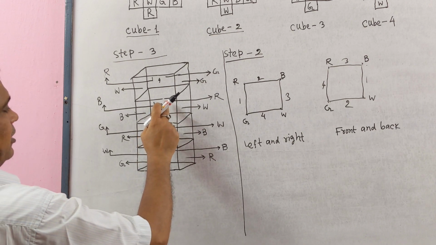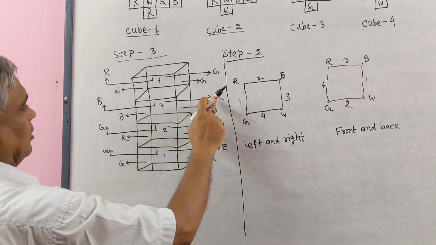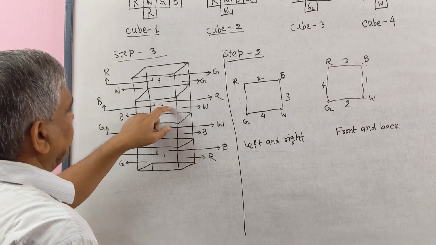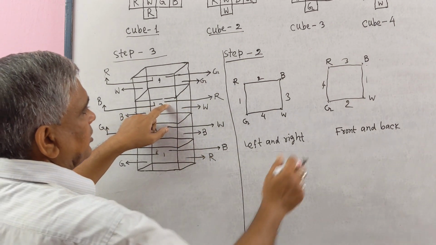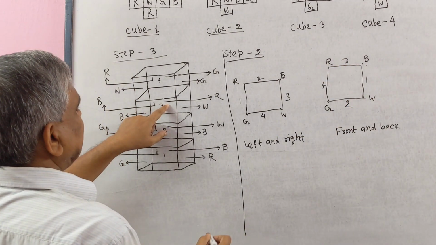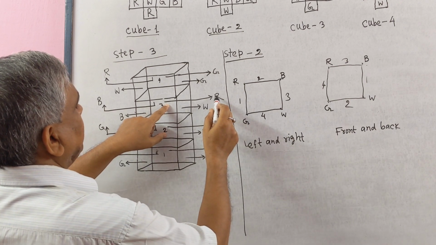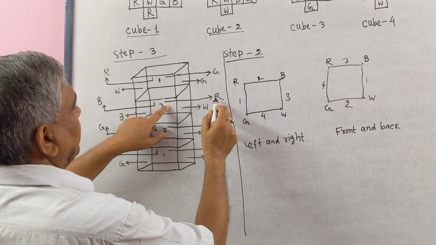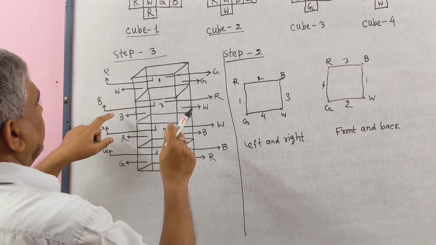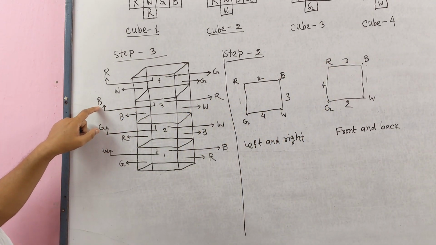In the third cube, this is the front arrow for the front face. Third, here we have colors B and R. We have already given B, W. So we may not give B here. We will give R here. And for B and R, we give back side color B.